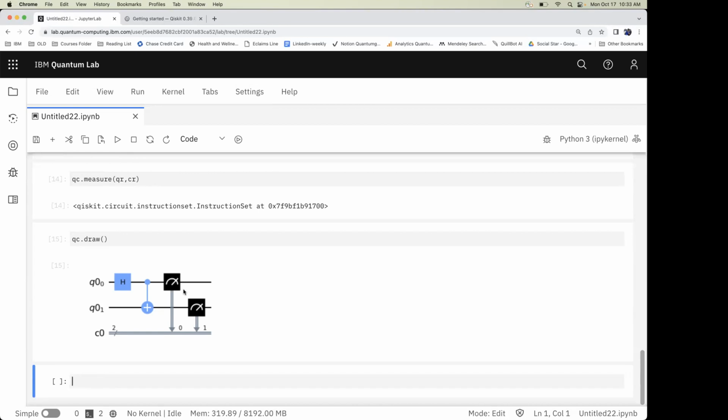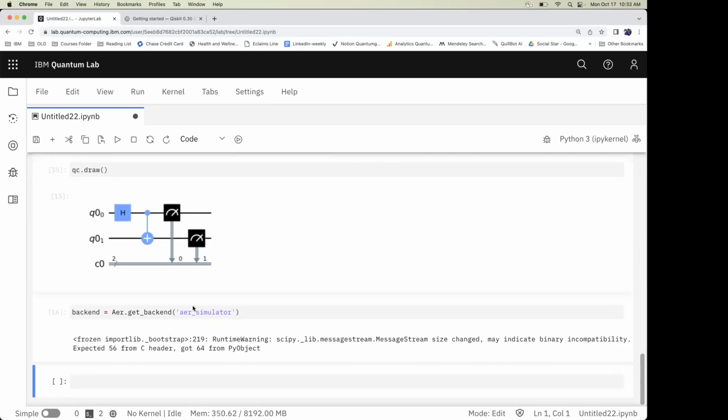So what we do is we can just take a backend. Aer is the module that provides us the backend, and the name of the backend is aer_simulator.